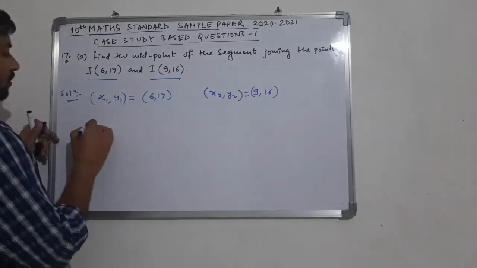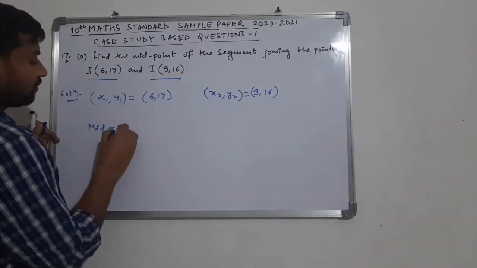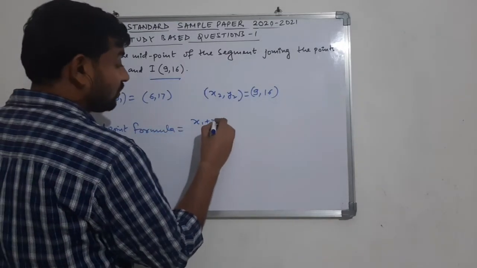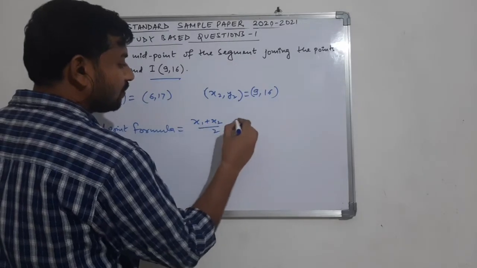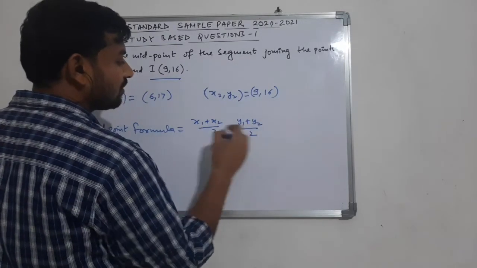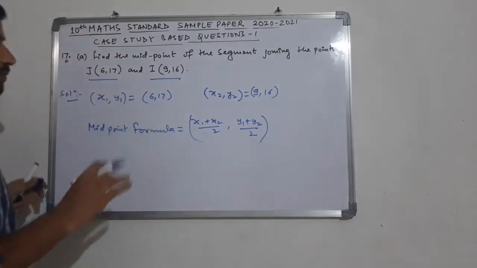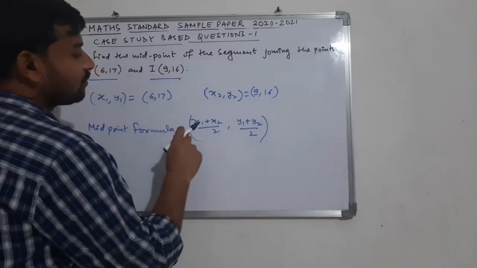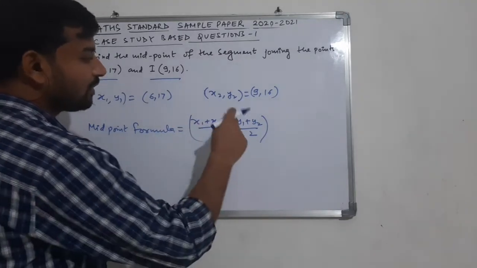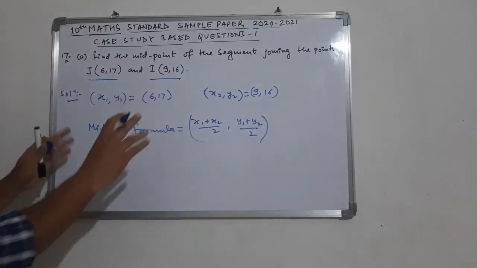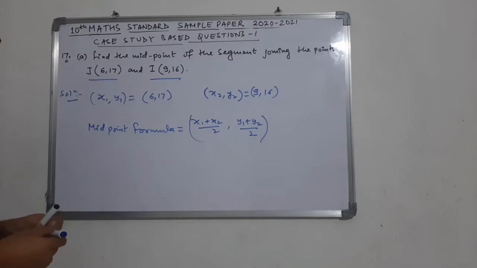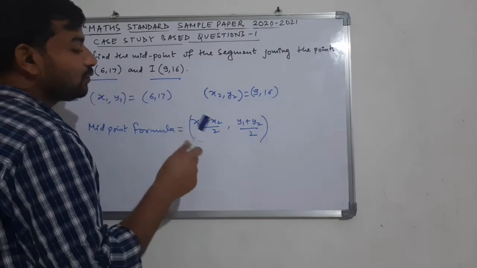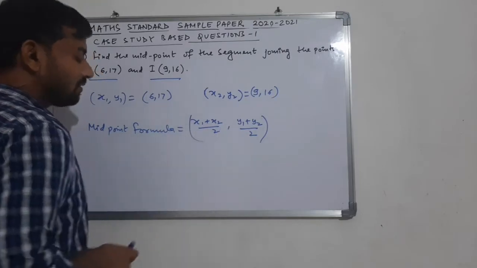Now the coordinates of midpoint, we have a midpoint formula, that is x1 plus x2 divided by 2, y1 plus y2 divided by 2. The coordinates of midpoints of any 2 points is calculated by using this relation, x1 plus x2 divided by 2, y1 plus y2 divided by 2. It is a special case of section formula where the ratio is equal. Then the section formula, if we substitute the value of m1 m2 equal to 1, this becomes this way.